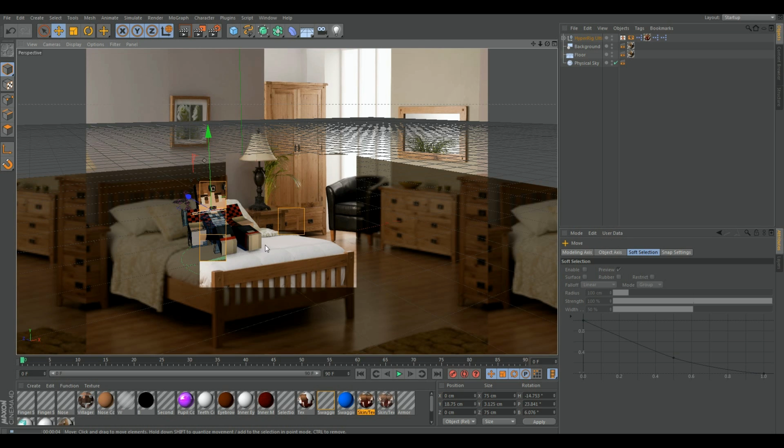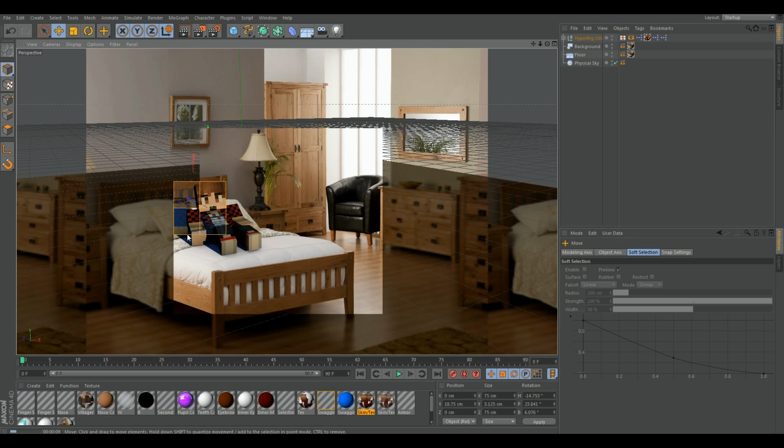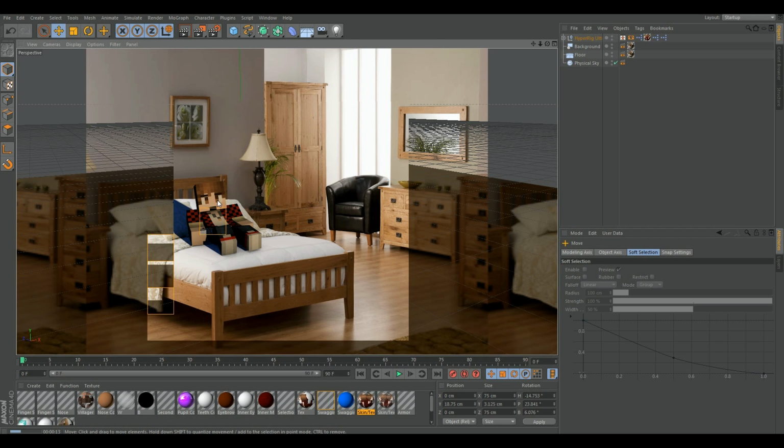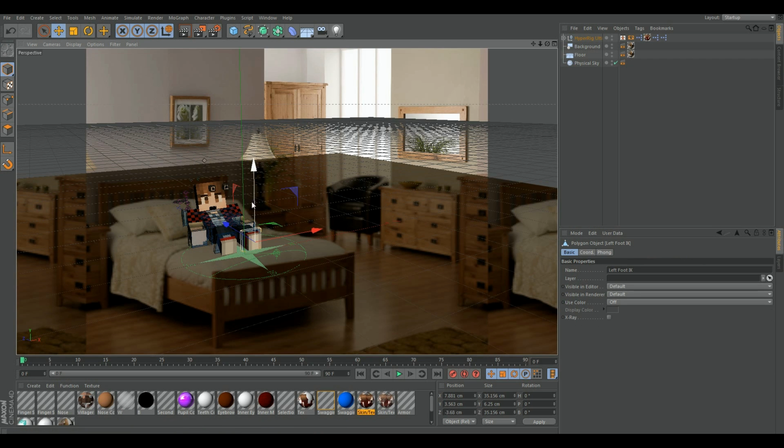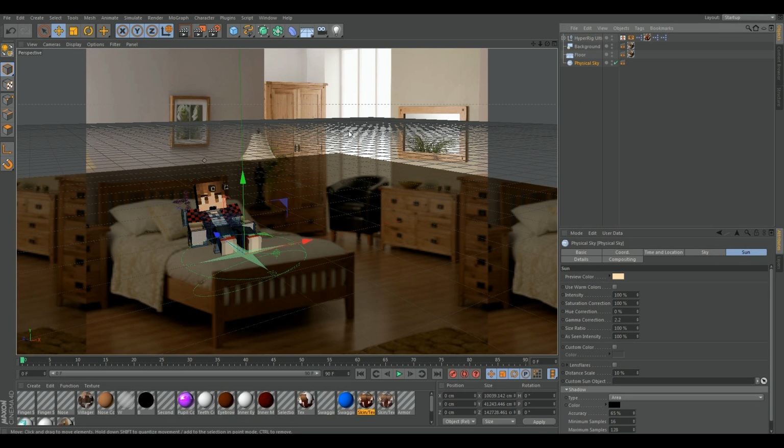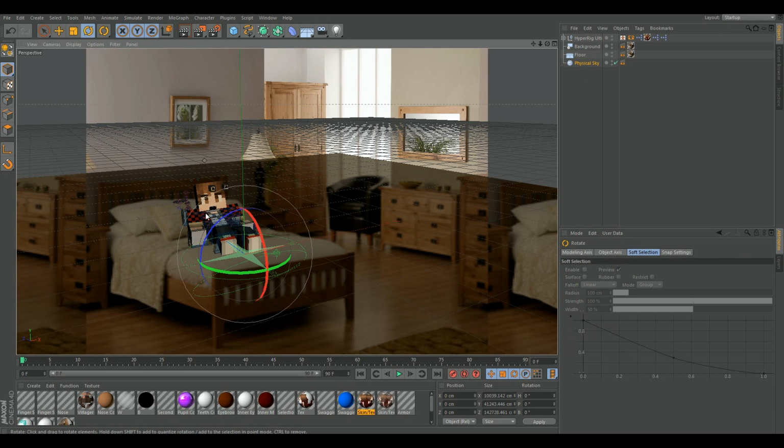As we could see, this leg is kind of floating off the floor a bit, and this arm is good, this head is good. I think everything's nice. So now all we have to do is fix the leg, of course, and change the way the physical sky is rotated, because as you can see, the shadows are on this side and the windows on this side, so I kind of want to bring out the shadow a little bit more towards the back of the character,